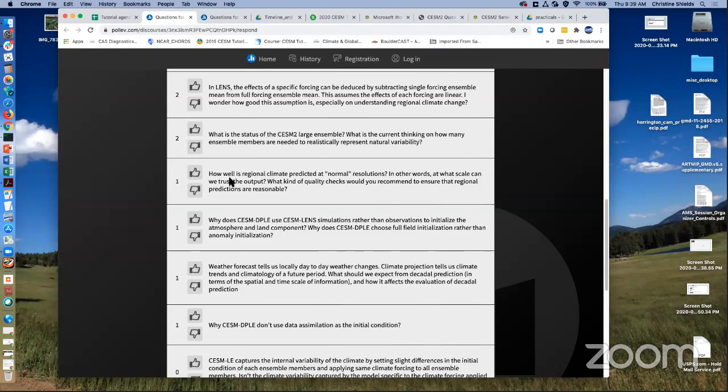And Clara led a paper that is actually in early online release right now. And she came up with an equation to add back up the responses from those single forcing simulations. And then she actually in the paper looks at how well those add up for temperature and precipitation in map form. And so there you can kind of see where it deviates from linearity. But you can't see it about individual forcings. It's just the combination of those forcings. But anyway, I think that's relevant to this question.